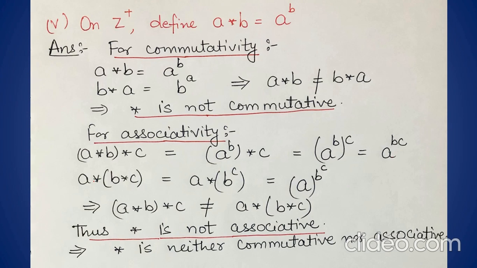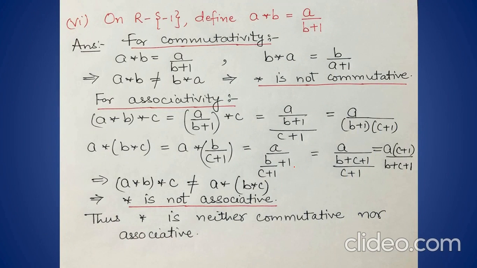Now secondly a star bracket b star c, अब इसको solve करते हैं, तो it becomes a star b star c की जगह क्या आ जाएगा, b की power c. Now here first element is a, second is b to the power c. So after applying binary operation, what we get is a की power b की power c. So again we can see bracket a star b star c is not equal to a star bracket b star c. We are getting different results, so we can say star is not associative. So we can conclude that here star is neither commutative nor associative. So this is our fifth part.